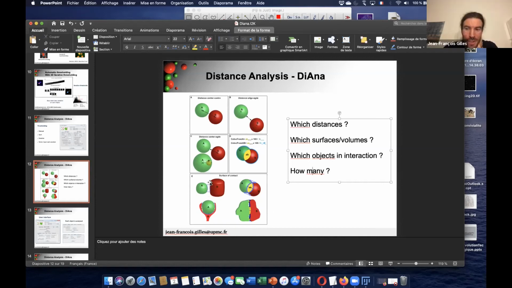We set a distance to calculate. Basically, of course, the objects are not touching, but there's a gap between the two objects, so we try to measure this.